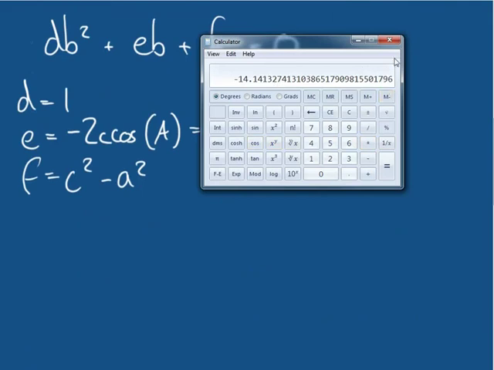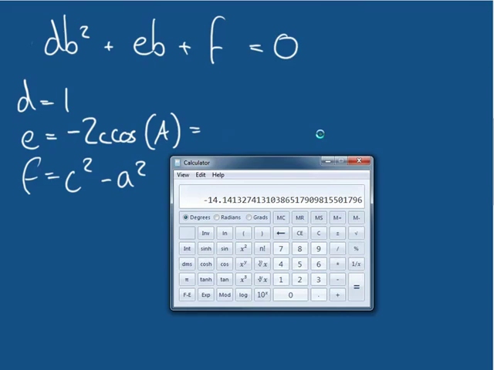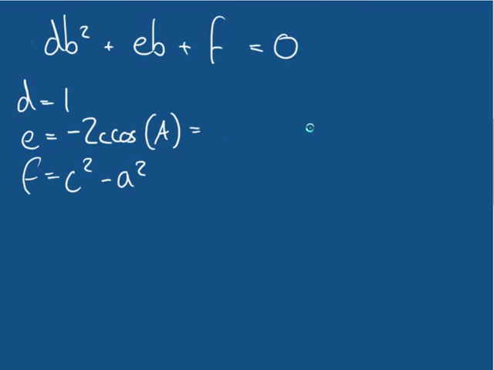Now, because we are going to be using this in a more complicated formula later on, I'm actually going to write this to more decimal places than I've ever done previously, and that's because we're not done working yet. We need to work with this value further, and so I don't want to simplify this down too much, because then we will introduce more inaccuracies in our result. So I'm going to write this as minus